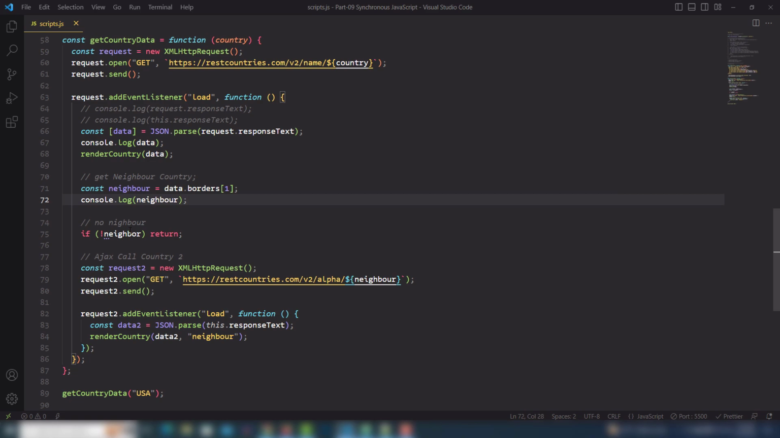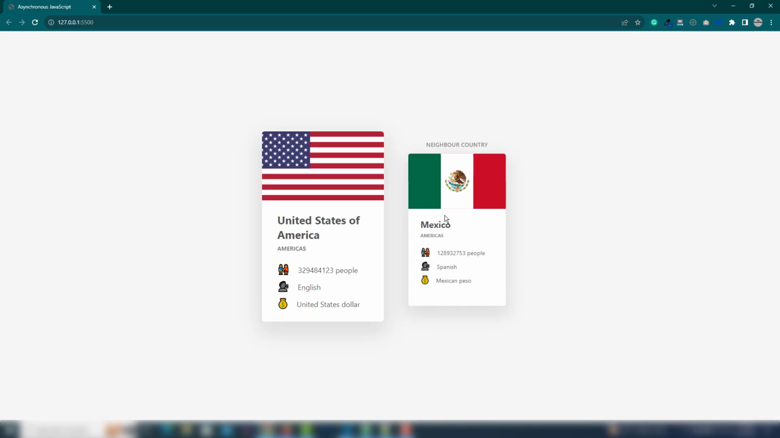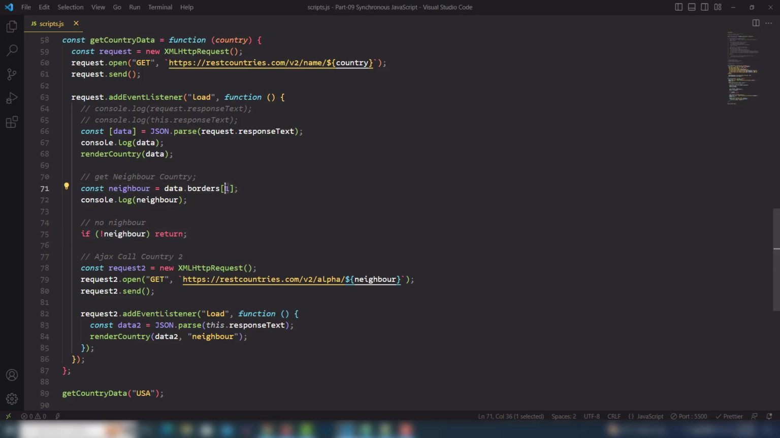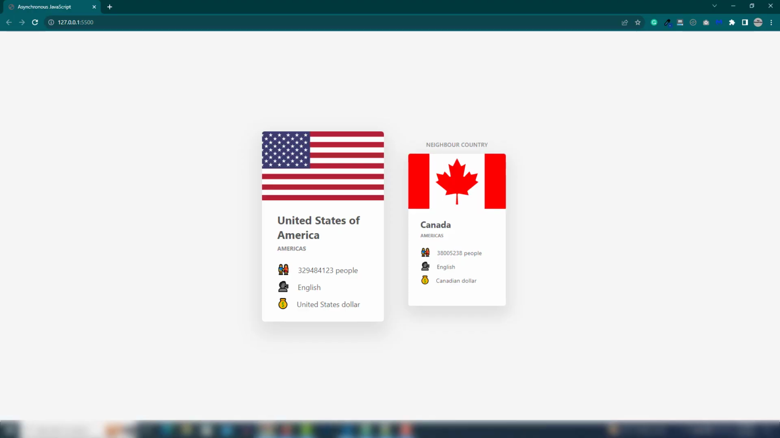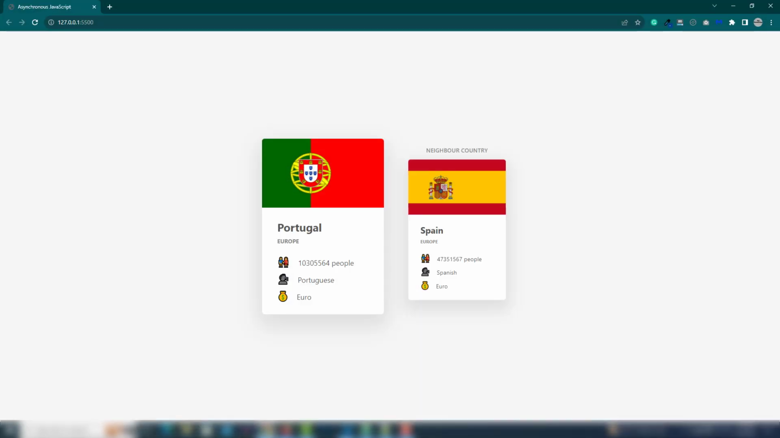75, yeah. So as you can see right now, guys, the United States neighbor is Mexico. This is the second index neighbor, but I'm going to use 0 as the default right now. But when you change the country name, like Portugal or another country name, you will get a different result. So look at that, Portugal has Spain,